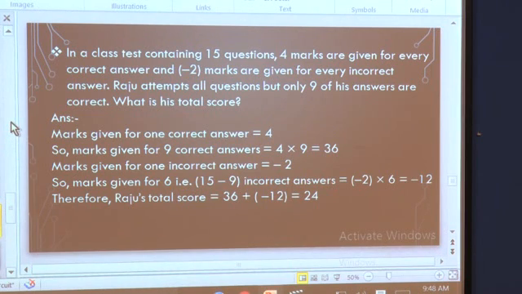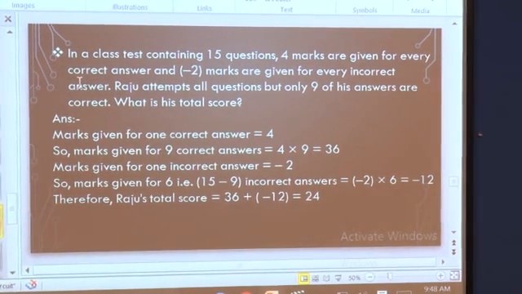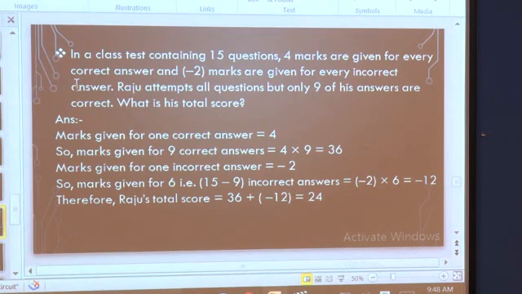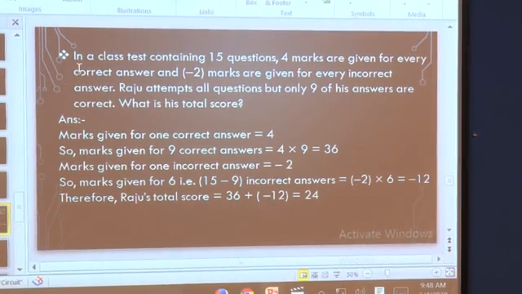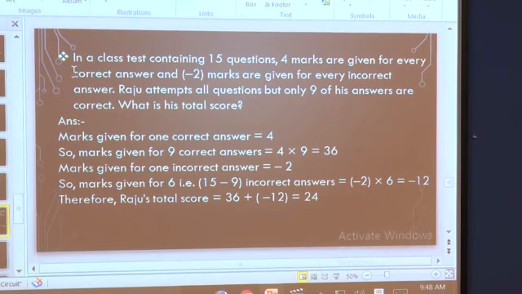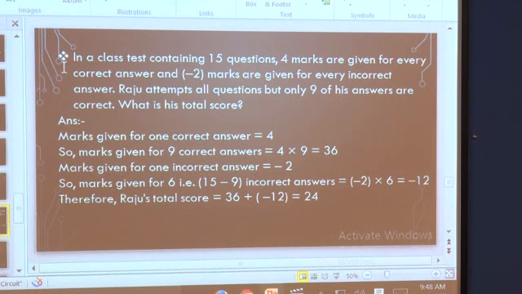Now we will see one of the examples. Your class teacher takes a test in a class. Yes, every teacher takes a test in the class. So when the test is of 10 marks, you get some correct answers and some wrong answers. What does your teacher do? She will give marks for the correct answer, and for the wrong answer she will give 0 marks. Here we have learned about integers, so we have to go to the sum of integers only.